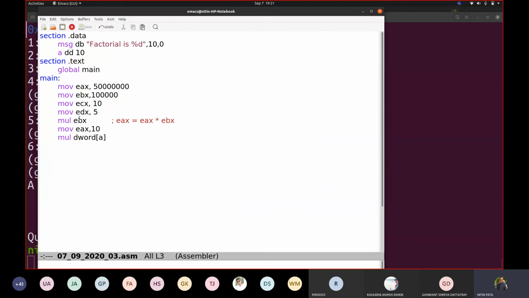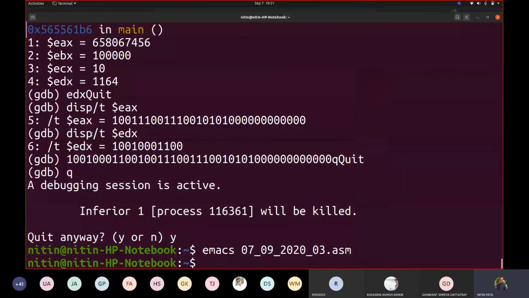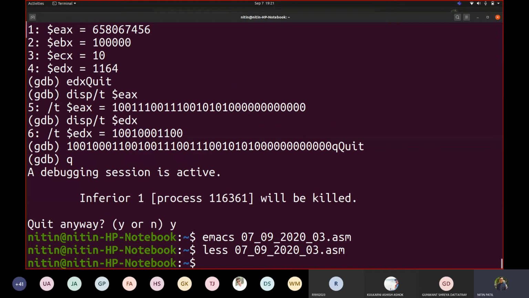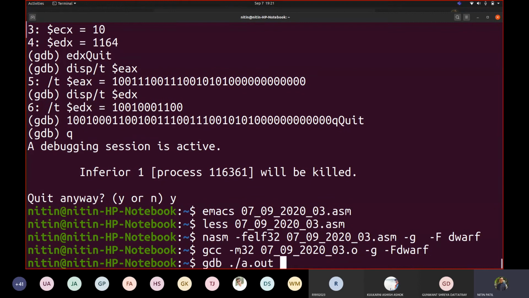I am writing mul. Now here it is a register-to-register instruction. It is taking a register as a parameter. Here I am putting data. You cannot use mul 10 there directly. Okay, this is not permitted. There is a restriction. So let us try to see how it works. Let us save this. The code I added is this. I used dword of a. Now let us try to debug this code. Assemble this code, then link the code, and then debug.